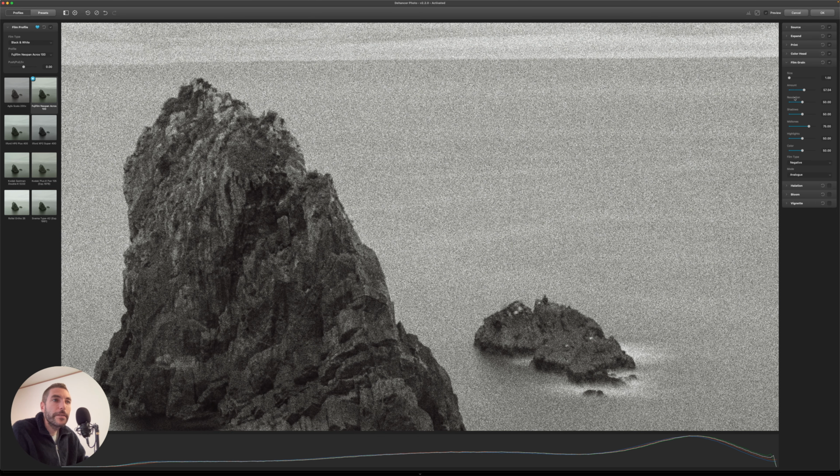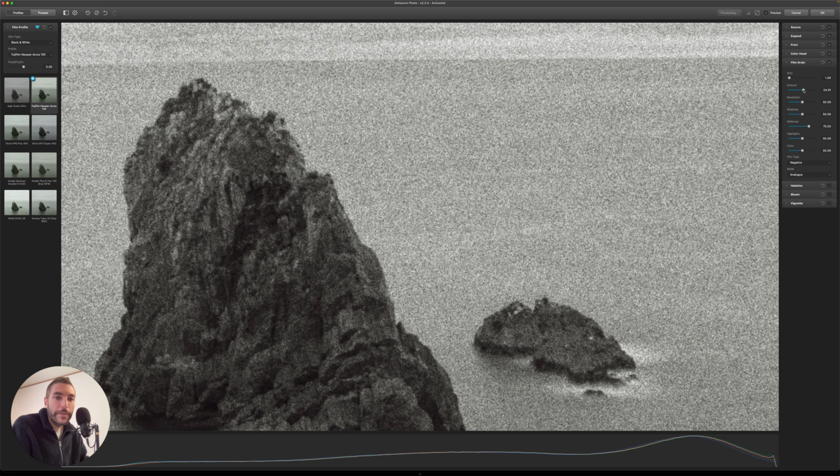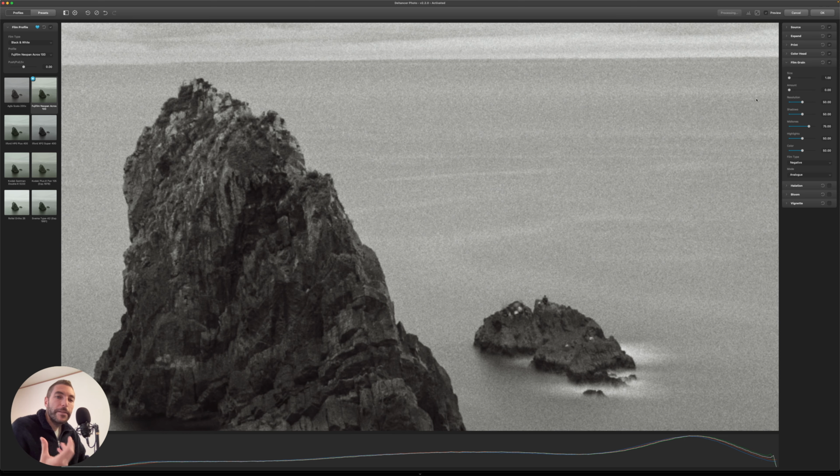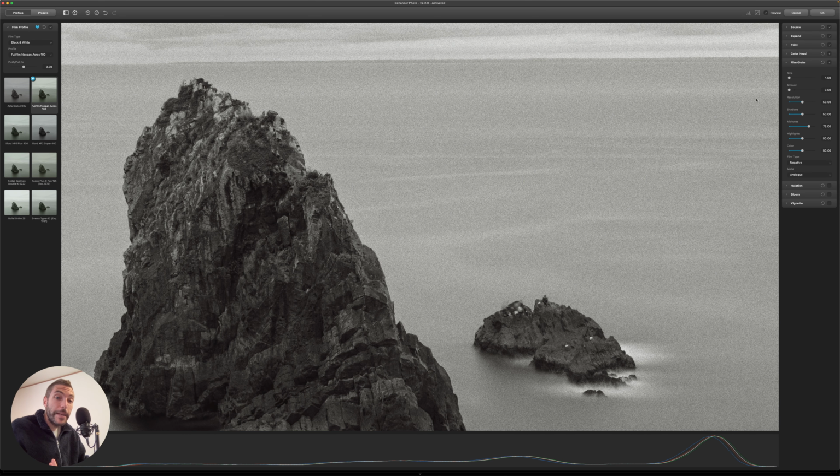And you can see when you move these sliders around, the algorithm calculates what to put in the shadows, what to put in the highlights, what to put in the midtones. And it's a digital algorithm according to the Enhancer, but it's an algorithm based on scanning lots of different types of films and extrapolating the grain patterns of all these different types of real film. So it really looks not digital, not machine generated, not AI generated. It looks like organic grain, which is something I really, really like.